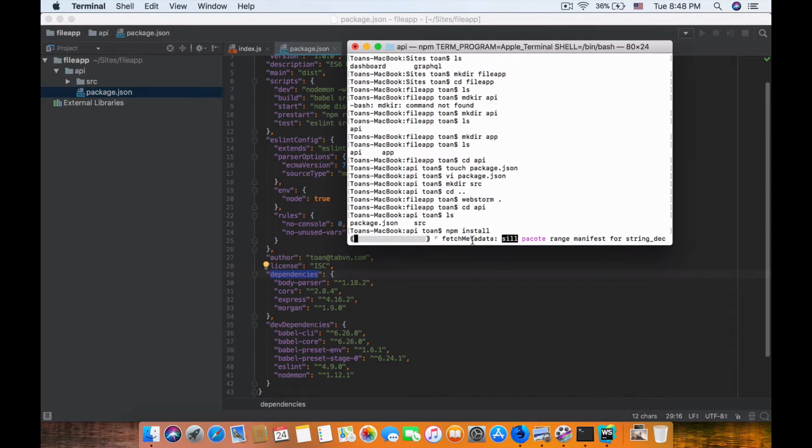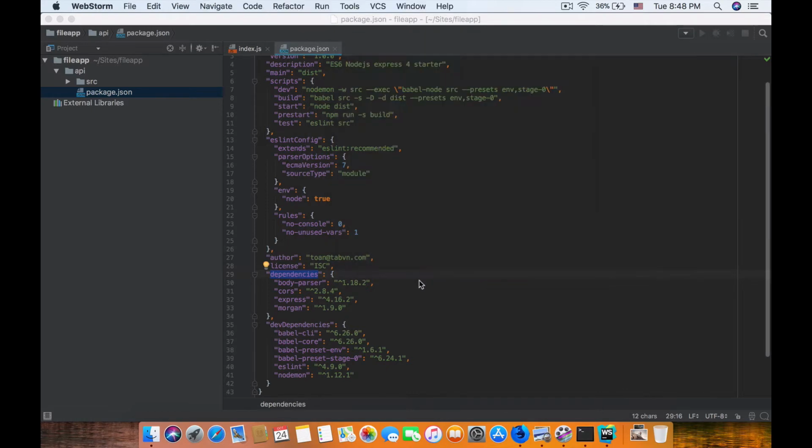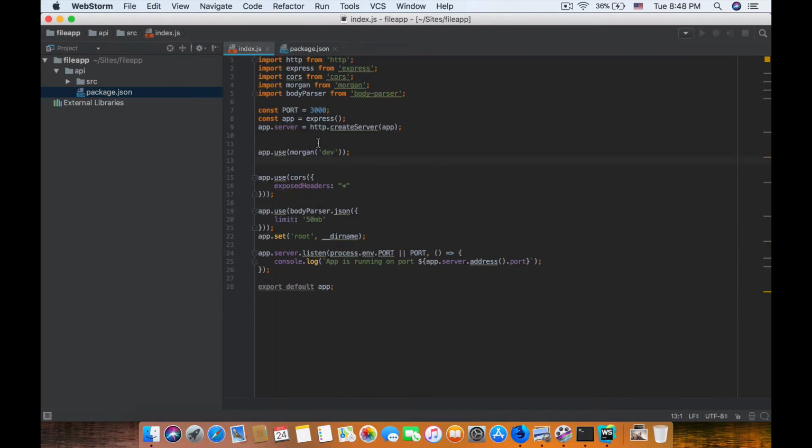So why are we installing the module? I will talk about the index file. The index file is just empty, just an empty server and we don't have anything here. So just HTTP for create server,